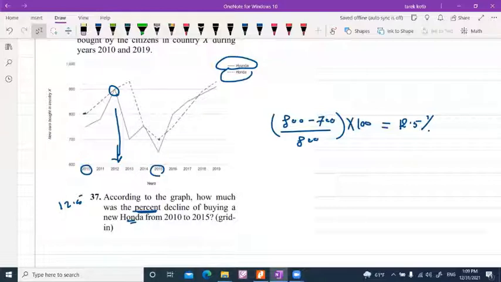This is 1 year, 2 years, 3 years. Okay, let me look here. Look at this line. Between this and this there is 50. Yes, because here this is 750 and this is 800. So the distance here is 50. So after 4 years,